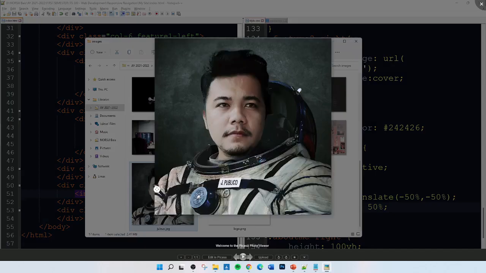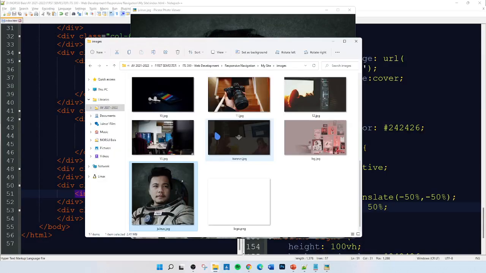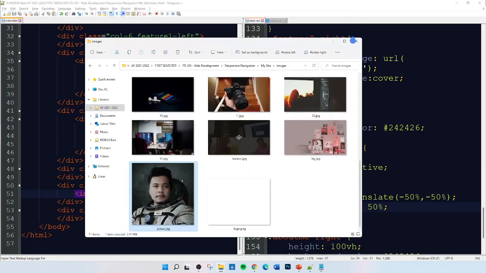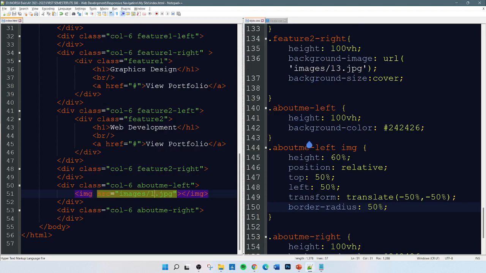And since it's a square, that's why it gave us a perfect circle picture. So let's set it back to